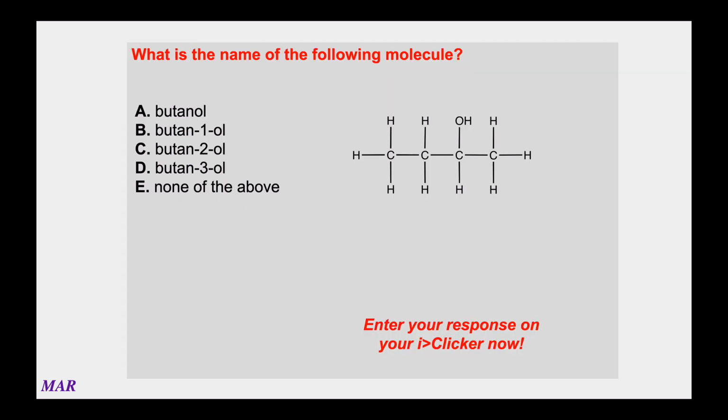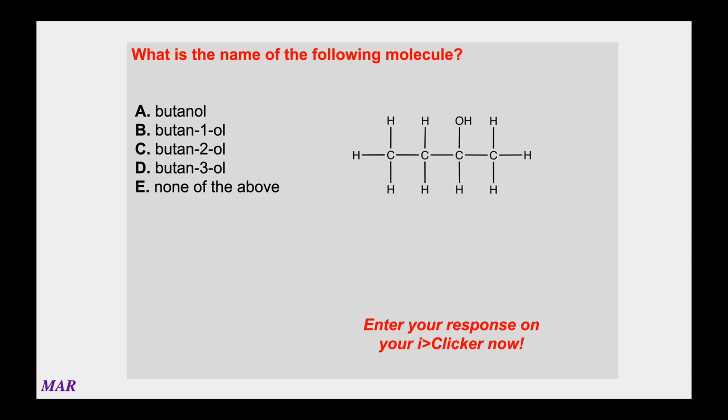Let's figure out the name of this molecule, all right? And so we're looking at it and we're saying, okay, so first of all, like before, let's figure out the longest chain of carbon atoms, because it doesn't matter if it's an alcohol or a cycloalkane or anything like that.